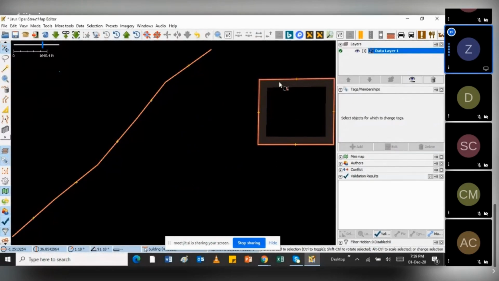I think at that moment I'll jump to demonstrating how to download the data from OpenStreetMap, then do edits. But before I go to that, does anyone have any question? Or am I moving too fast? In case you have any question, you can ask. Is there any question so far?